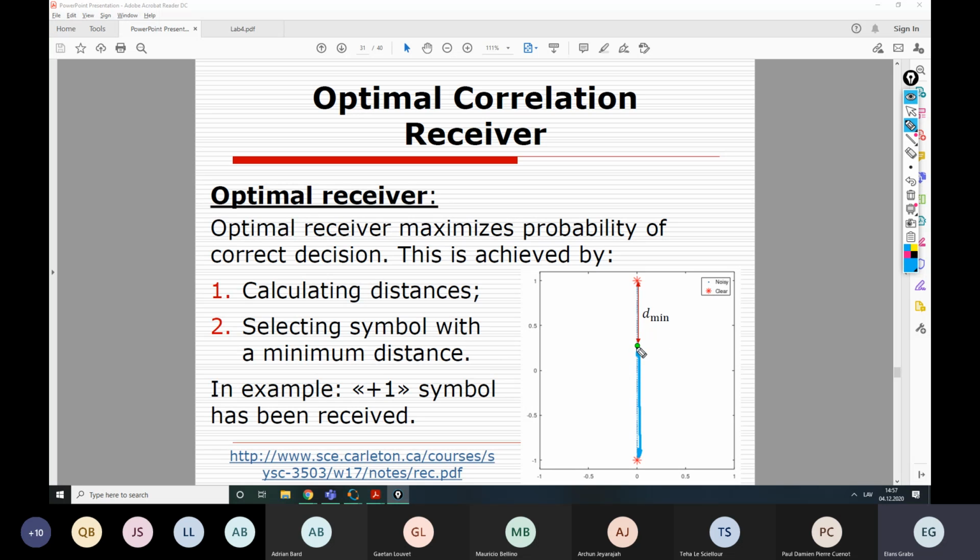And then choose the lowest one. So in this case, obviously, this distance is shorter. And that means that with high probability, at least higher probability, this point belongs to this rather than this. So that's how optimal receiver actually works. It calculates the distance and then